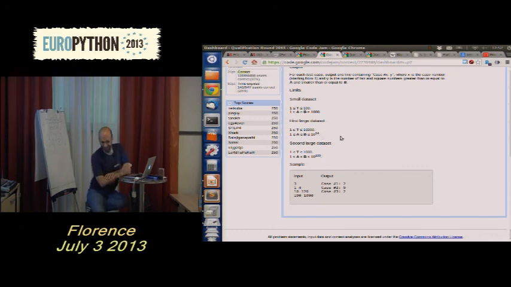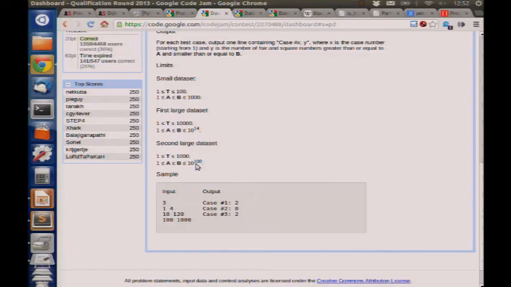I solved all of them. I was very happy. This was really nice. And the trick here is that you can compute something only up to the square root of this, and then you just look at the numbers that are the square root of that, so you get from 10 to the 100 to 10 to the 50, and then to 10 to the 25. That is still too much, but then you realize that you don't need to check everything, and you can just look for 3 digits instead of 10 digits in some kind of numbers. So it's actually 3 to the 25, and 3 to the 25 is doable.